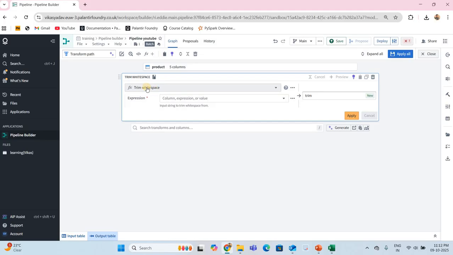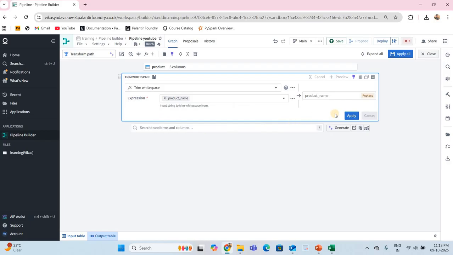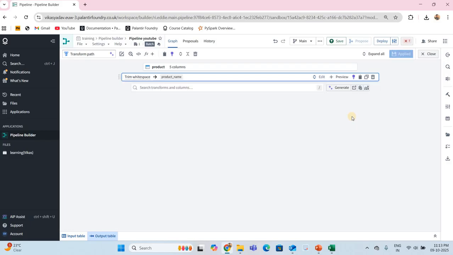So we have pipeline builder, no code to low code, as I should have mentioned earlier, but I am mentioning it now. No coding required, almost 0, or I will say 1%. Most of the time we can do it by built-in functions. The column we are going to use is the product name column, because that is where we have needs trim.